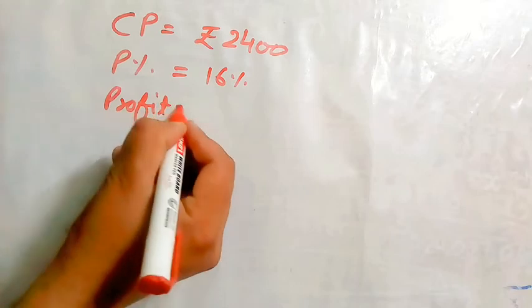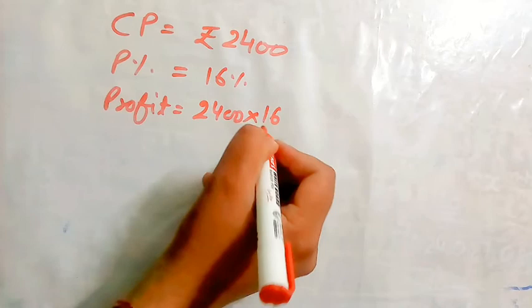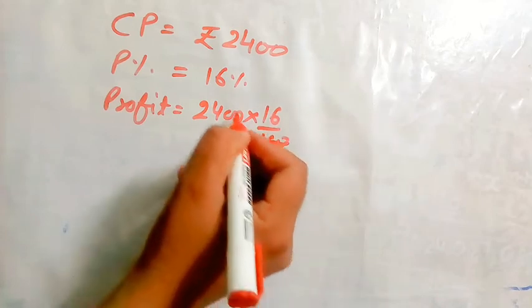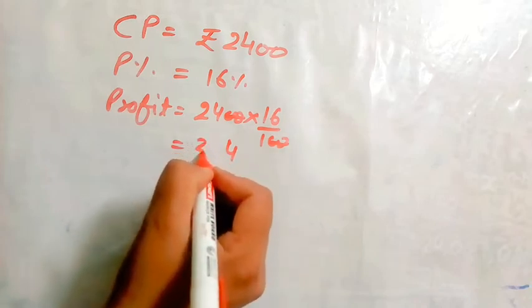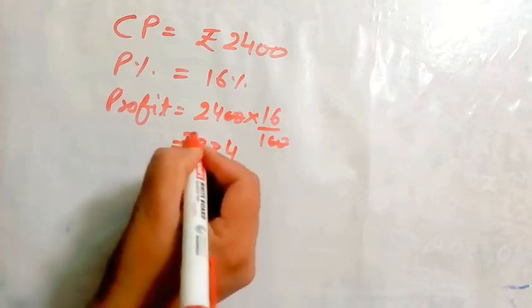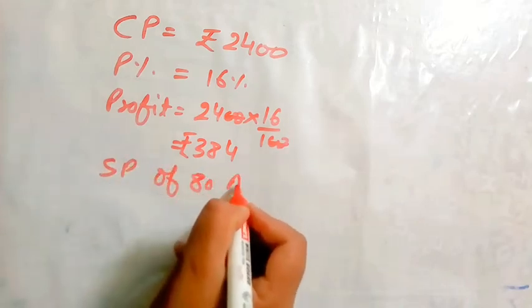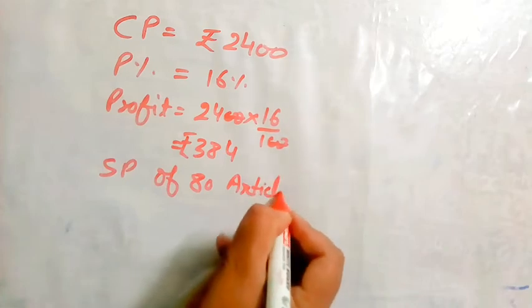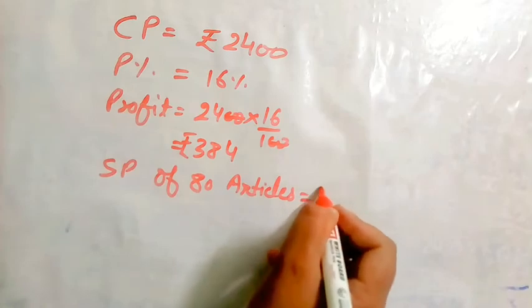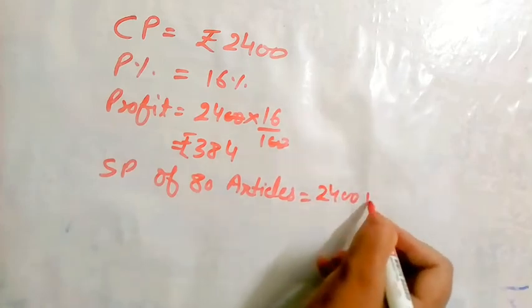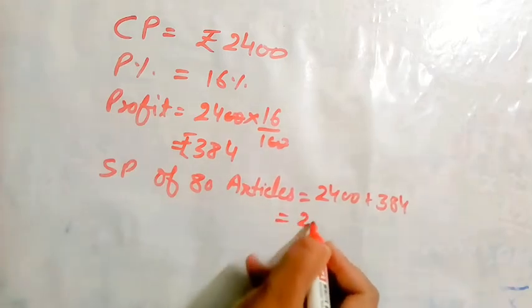Therefore profit will be 16% of 2400, means 2400 multiplied by 16 upon 100. Two zeros are cancelled and 24 into 16 will be 384, means rupees 384. So selling price will be CP plus profit, that is selling price of 80 articles is equal to 2400 plus 384, which is equal to